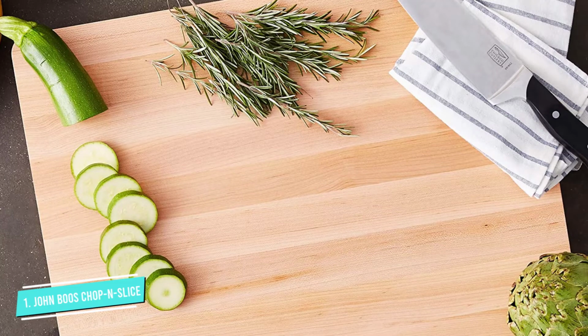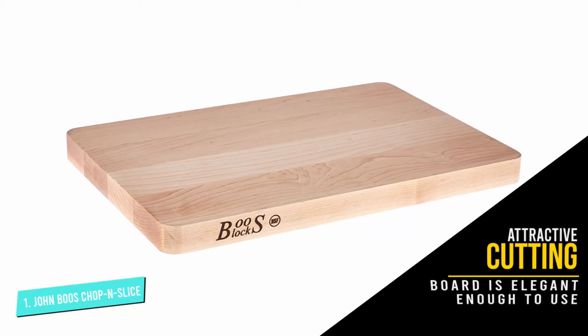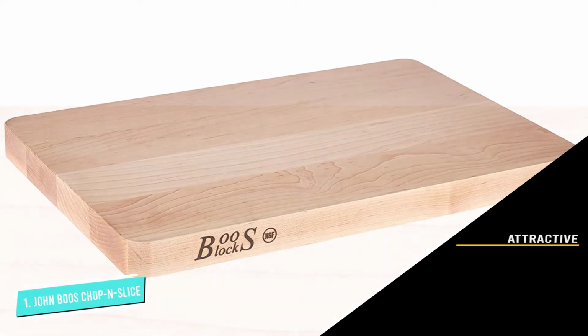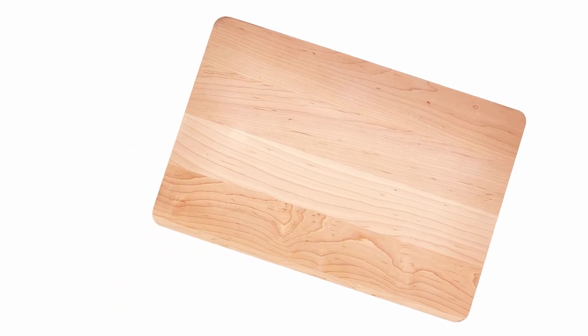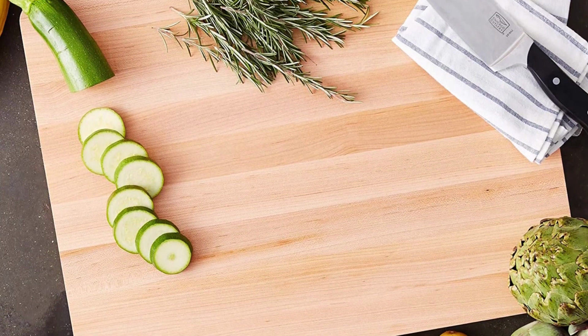Since it's wooden, it requires a little additional care to keep it in top shape. It should never be left out wet or washed in the dishwasher, and it will need to be pre-treated before you use it. This special care is worth it, according to our reviewer, because this board was built with professional use in mind. It should last most home cooks a lifetime if it is well cared for, she says. Our tester also noted that while the board seems a little large at first, the extra space ultimately felt like a luxury when